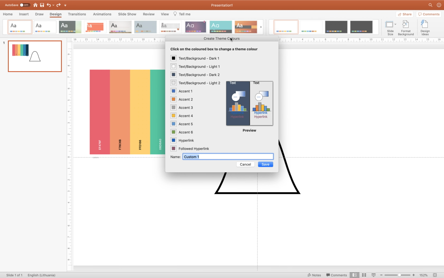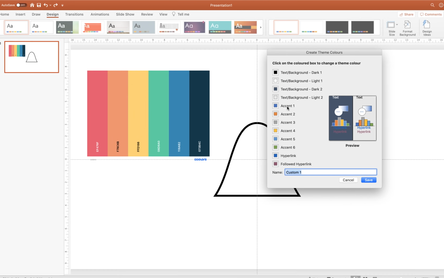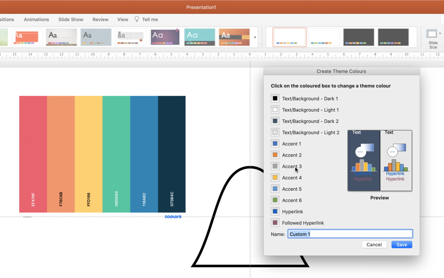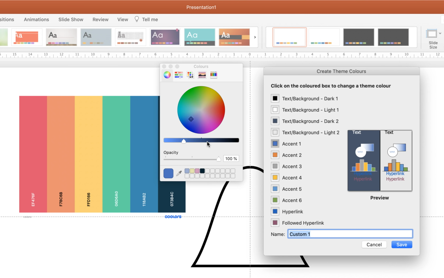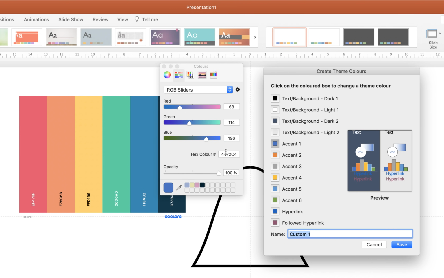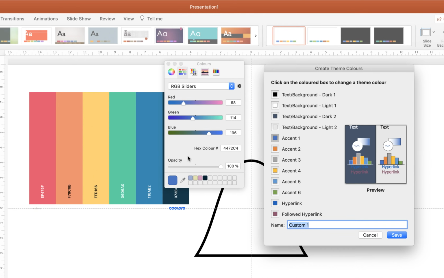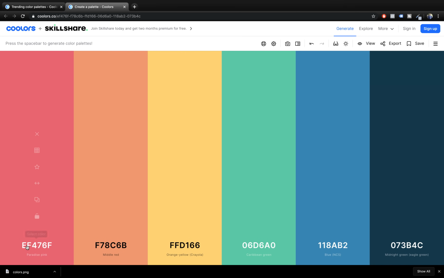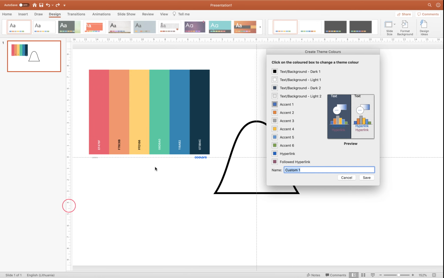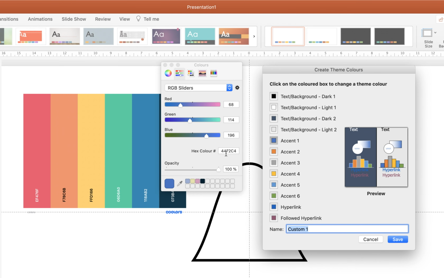And here, as you can see, we have 6 accent colors. And here we can edit these accent colors, and we can basically make them be these new colors, all right? So let's click on accent number 1, and we can insert the exact hex code. So you can copy the hex code from the Colors Co website. You can paste them right here into accent color 1, and this way you will change it to this beautiful